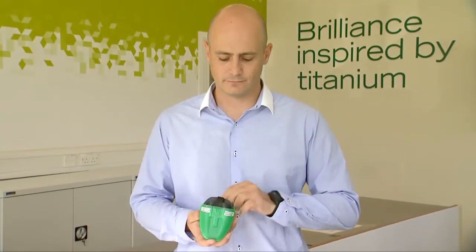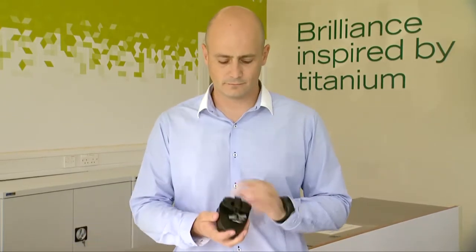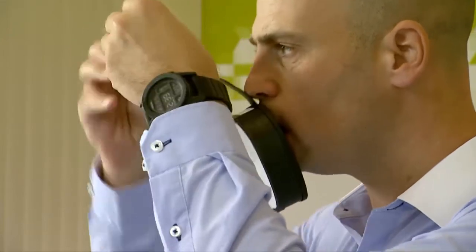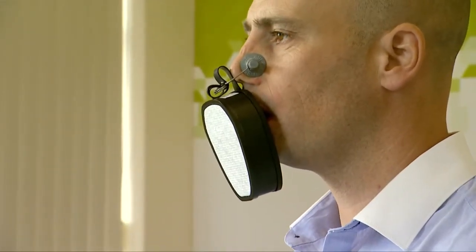Remove the unit from the holdall and place the mouthpiece in your mouth. Use the clip provided to secure your nose, so you're only breathing through your mouth. It's important you know how to use the respirator properly, as if there is an incident, it could save your life. At no point should you use the respirator for any other means than for safe muster to a refuge